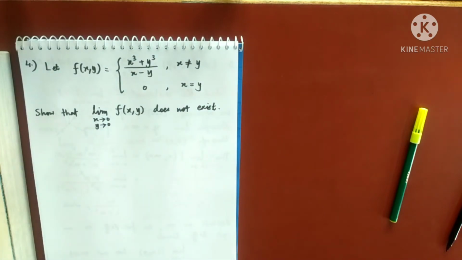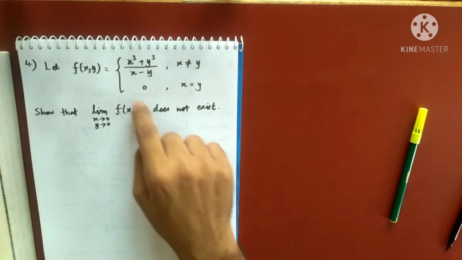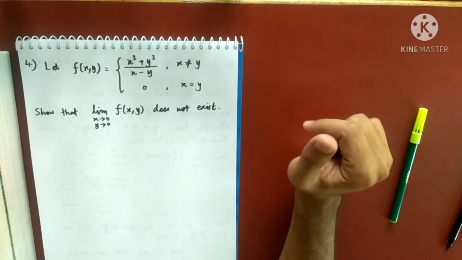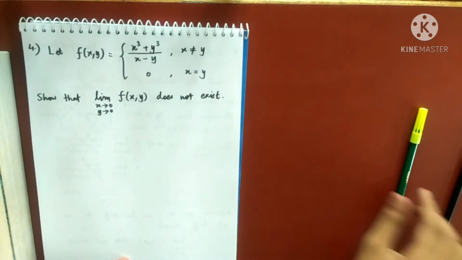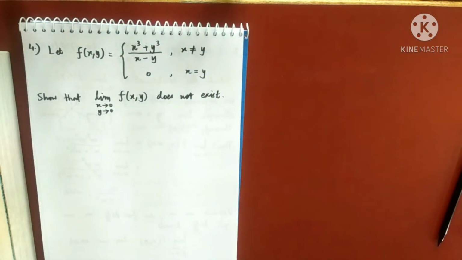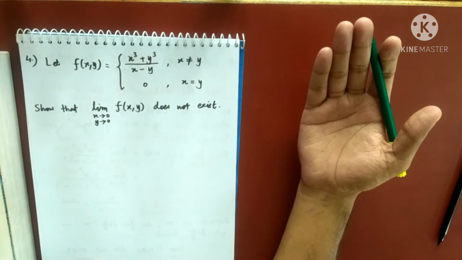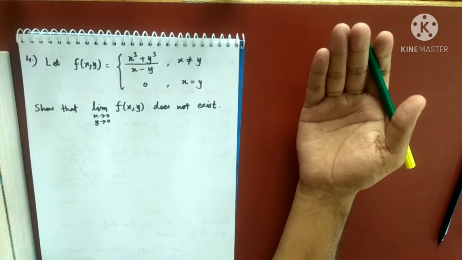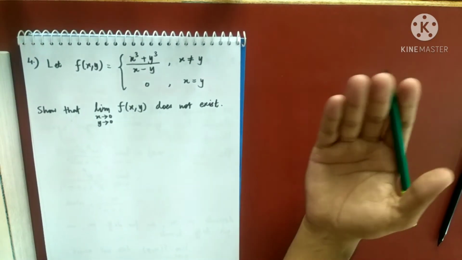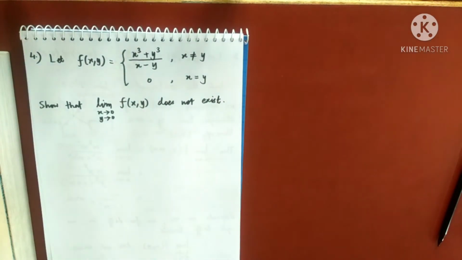Anyways, now see here, again you have to show that this limit does not exist. So again, first of all, let me write a few things: (0, 0) is a limit point and so on. Domain is clearly the whole of R2. And (0, 0) is definitely a limit point because every point is there in the domain.